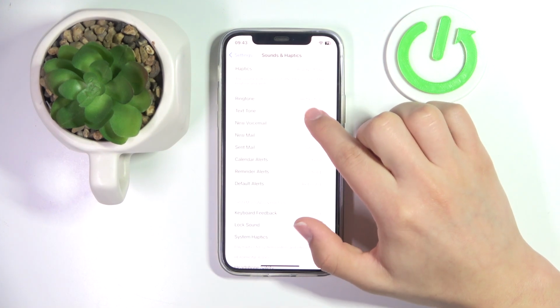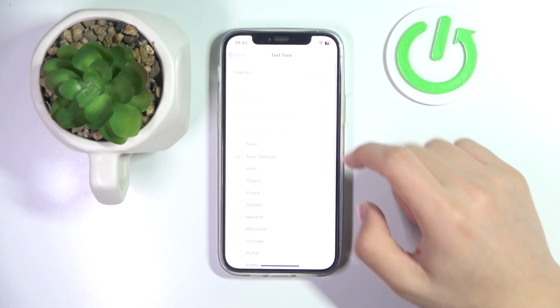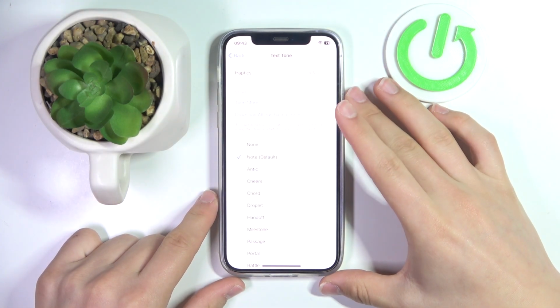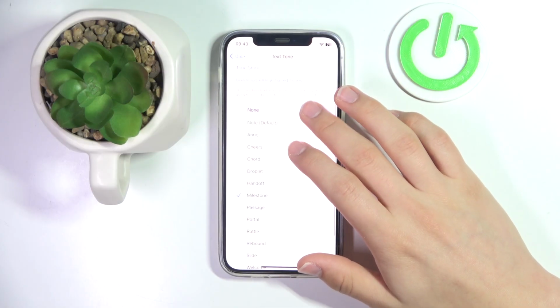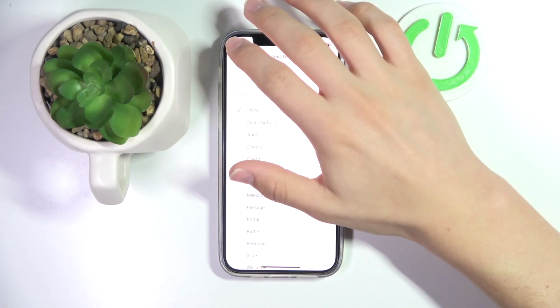All you need to do is make sure you click on it, and then as you click on it, just choose whatever sound you would like. I'll choose none, and then